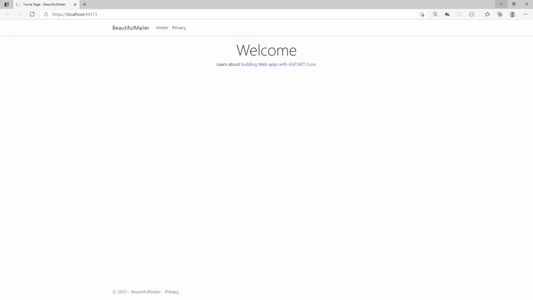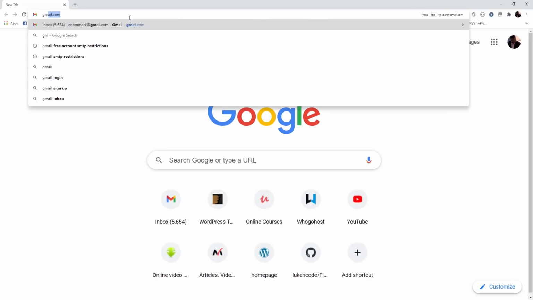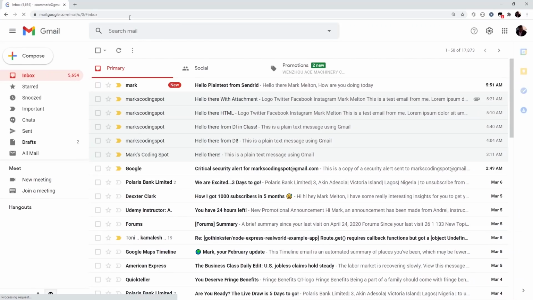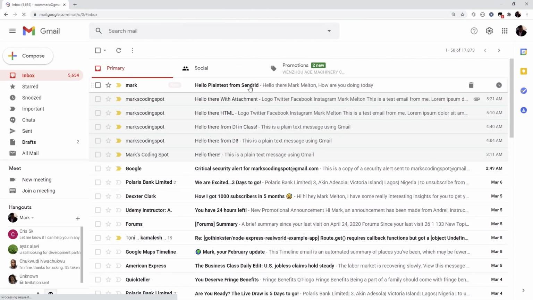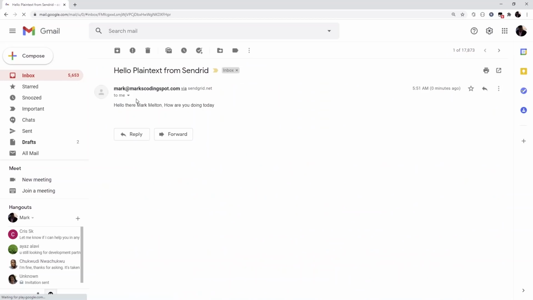Okay, so our application is running successfully. Let's go to Gmail and see if we received an email. Perfect. So here it is, and we've received our plain text email from the SendGrid function that we just implemented. So you can see here the text we did. Hello there, Mark Melton. How are you doing today? All right. Okay. So this is working,